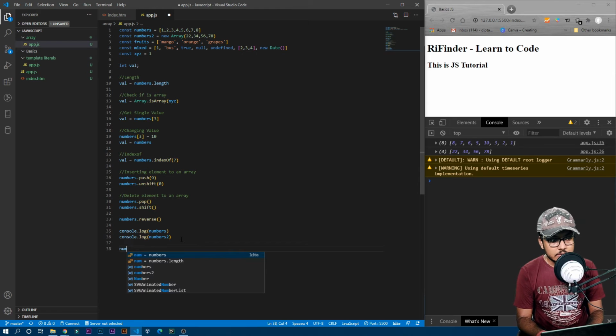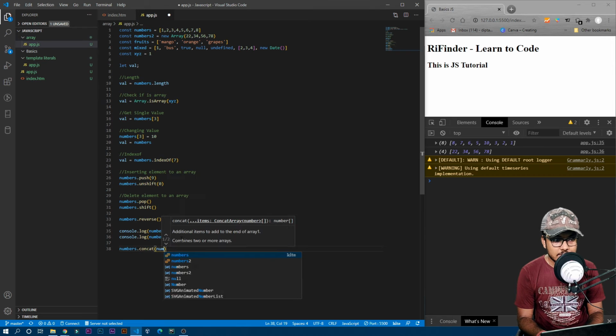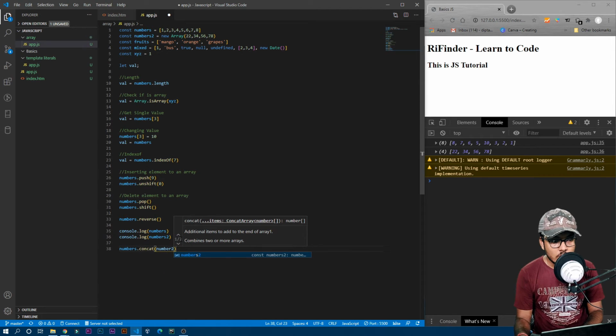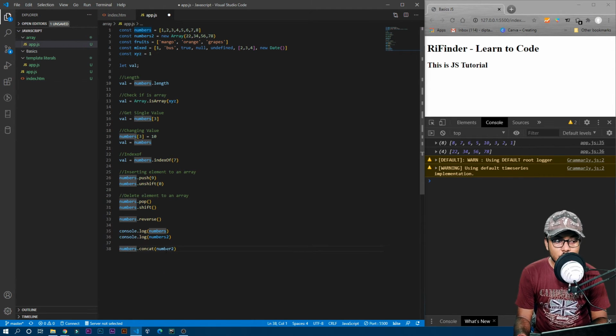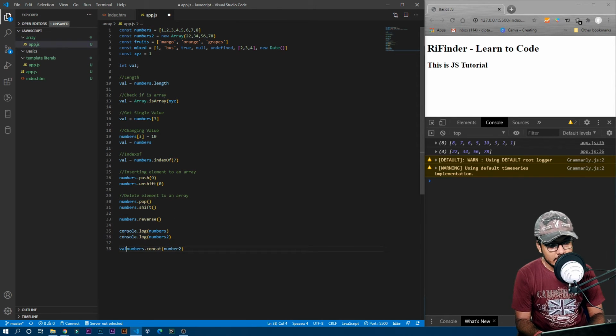Okay, so I'll just write numbers dot concat, and then inside the parenthesis you can just pass the second variable. Okay, I'll just pass numbers 2, right? And now let's just save this total array, that means this merged array, inside one variable. I'll just name it val. Okay, val is equal to this thing, so I'll just need to print